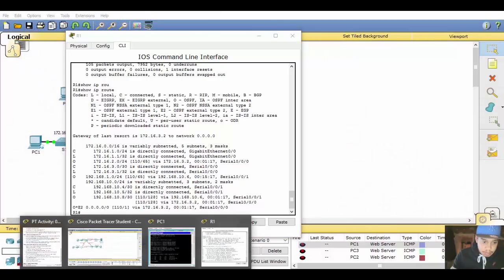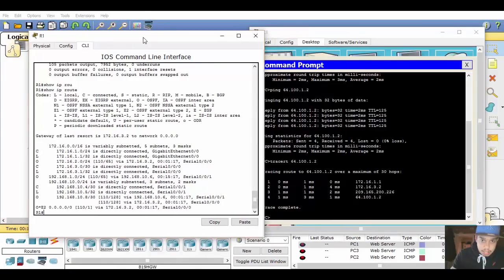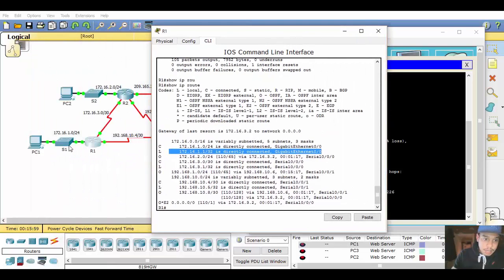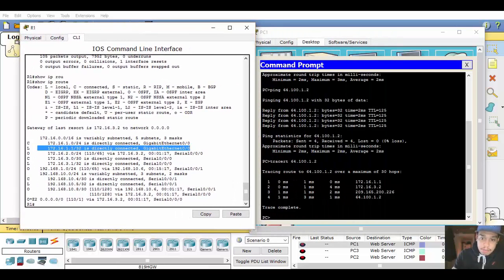Wait a minute, wrong one. There we go. So we'll put these side by side. So we're looking at 172.16.1.1, which is directly connected to gigabit Ethernet 0/0, which is going to be here. Then the next hop is 172.16.3.2. Okay, so we know that